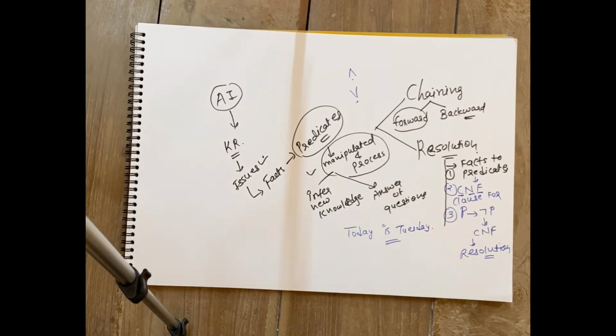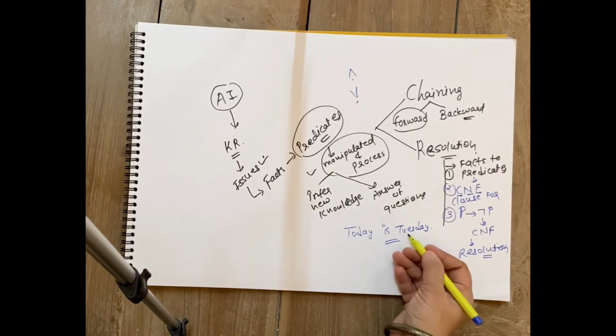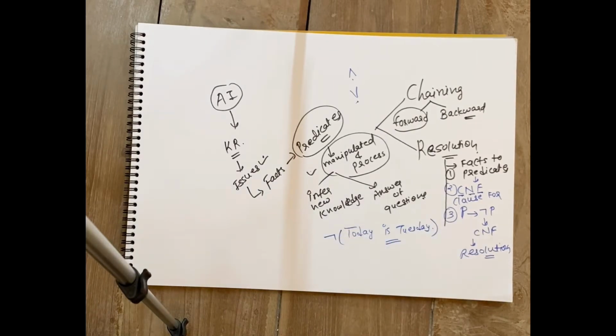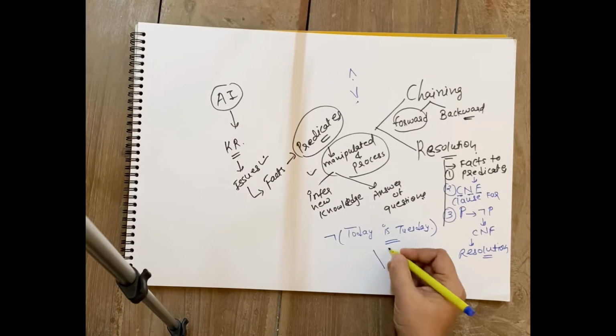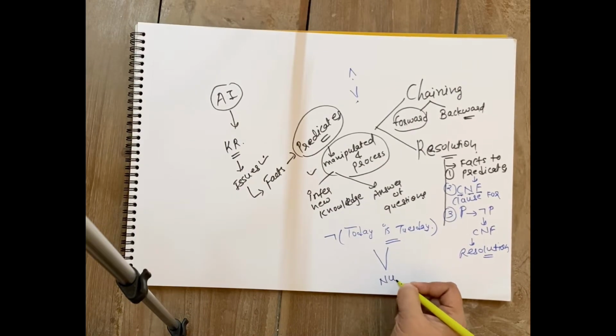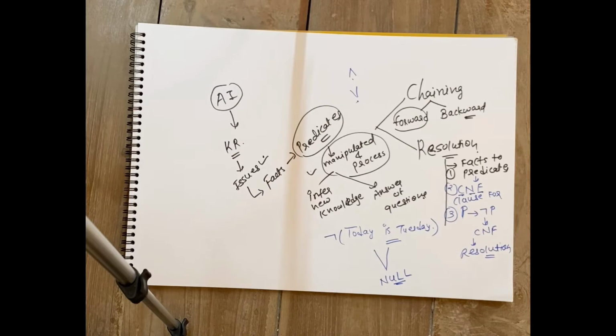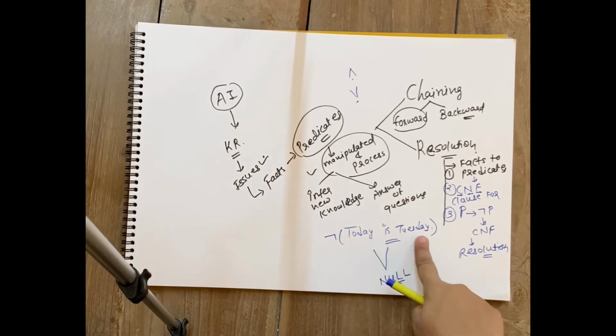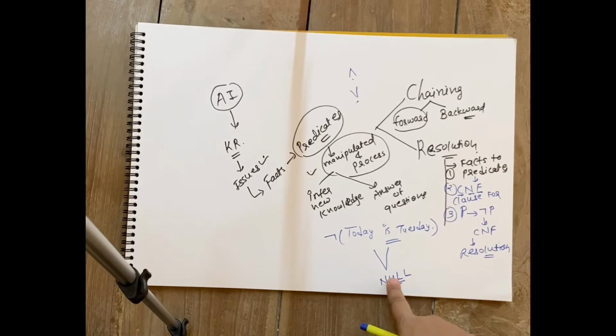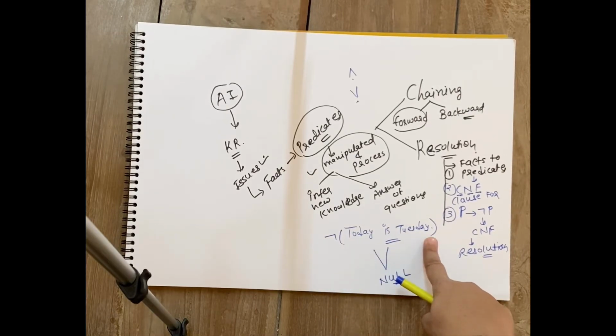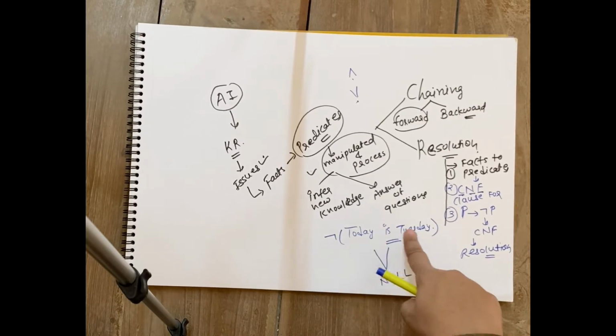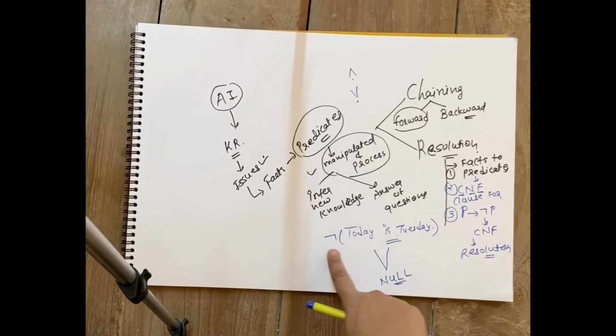Resolution is proving something by negation, refutation. So if you have to prove today is Tuesday, you will try to prove that today is not Tuesday. And ultimately by supporting facts, you will reach null. What is the meaning of this null? The meaning of null is we don't have any fact available which is going to prove this. We don't have any fact available which is going to provide proof for whatever question we have raised, and hence the reverse of this is true. So my facts are not going to support this, and hence I am going to conclude that the reverse of this, that is today is not Tuesday, is false and today is Tuesday is true. So that is called resolution.